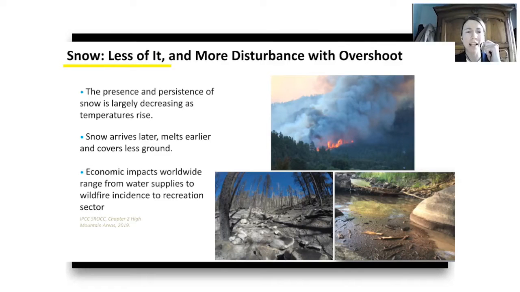Less snow also means less protection for overwintering crops and vegetation from frost. Warmer winters lead to drier soils, making them more vulnerable to wildfires. And finally, less snow impacts winter sports and tourism. So the only way to preserve as much snow and ice as possible and protect our water resources is to urgently reduce our emissions and follow a 1.5-degree trajectory.